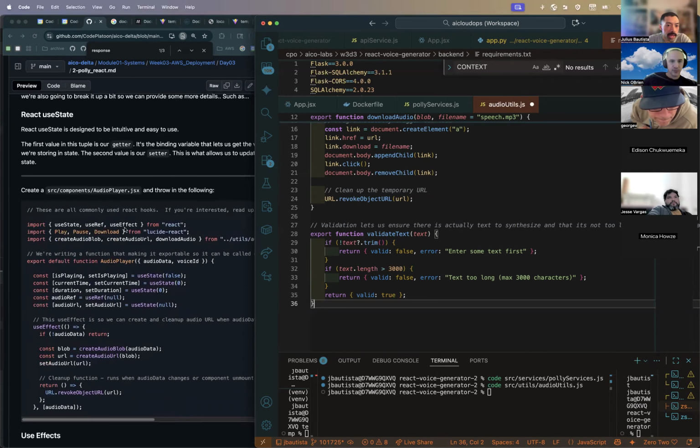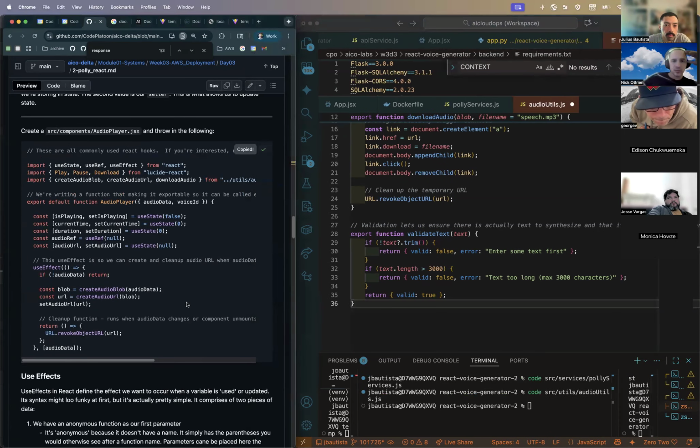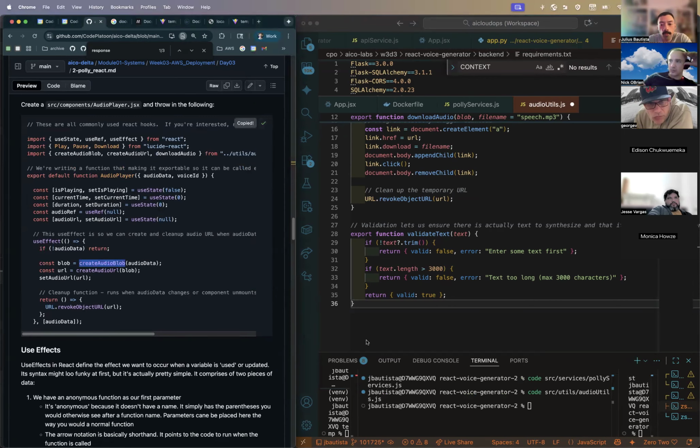Okay, so now let's actually create the component that plays the audio. This component, as you can see, is calling some of the utility functions that we created above, and it's going to run them in a way that it needs to for us to play our audio file. So source, components, AudioPlayer.jsx. Standard practice in React is to